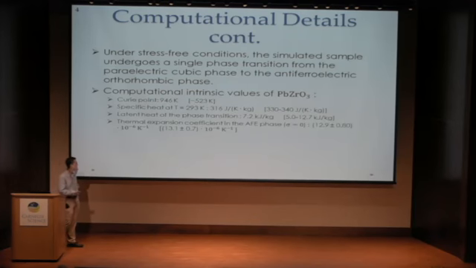Some of our intrinsic values for this material, in the brackets here, are experimental values and ranges that we'd expect. We see a lot of our values fall within or near the ranges of experimental values, which is very good. One that may stick out particularly is the Curie point here. We're about 400 Kelvin over, and we're aware of this. It comes from a lot of estimations used in getting the parameters for lead zirconate and the number of parameters for the antiferroelectric.